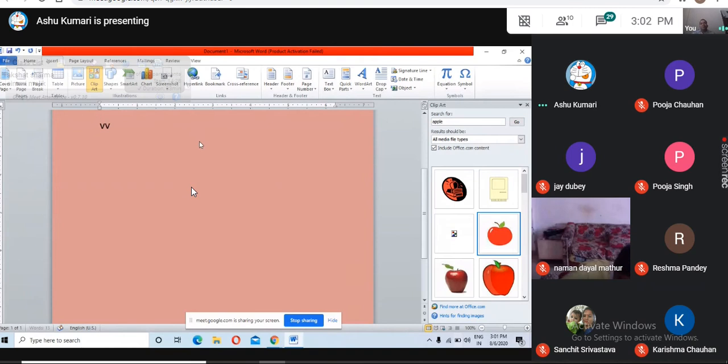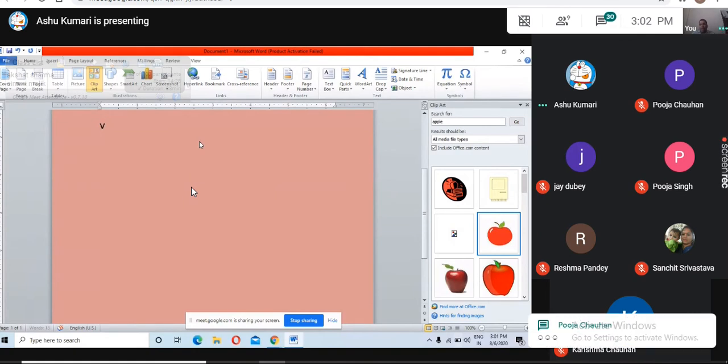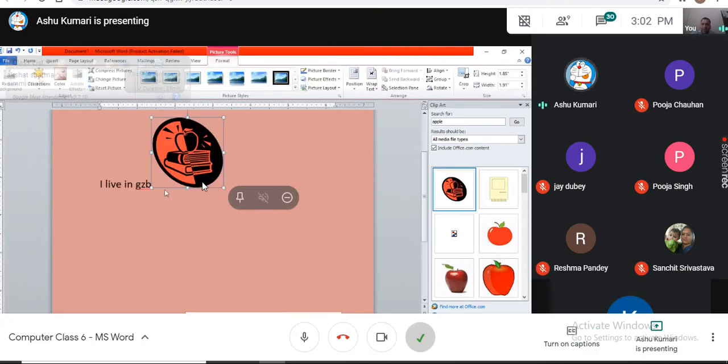Because this feature is outdated for Microsoft document, and it has been disabled by the way. If we want to insert any picture, using the picture option we can insert that. Yes, now is it working?